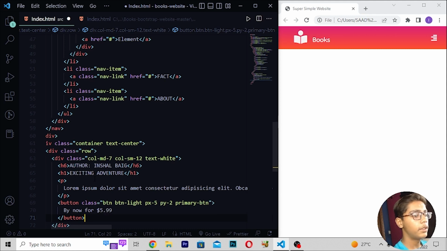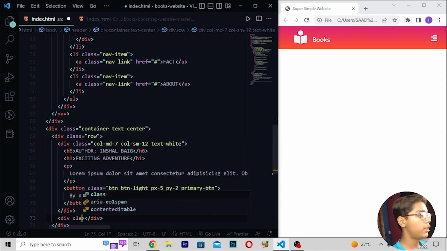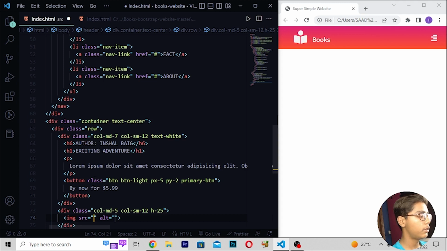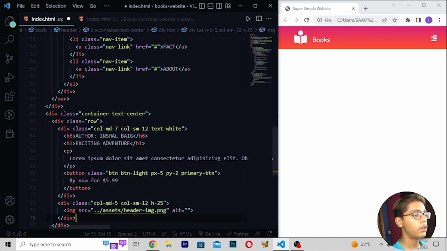So now when you've written this thing, just here you have to just move down after this, and then right here div class, and here I will be writing col-md-5, right here col-sm-12, then right here h-25. Then when you've written this, here I will be now writing /assist, then I'll be writing here header-image.png.